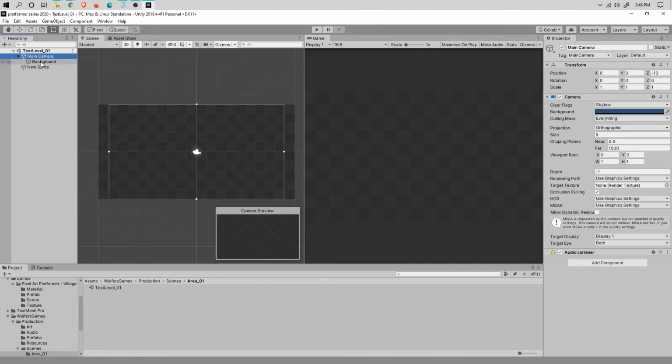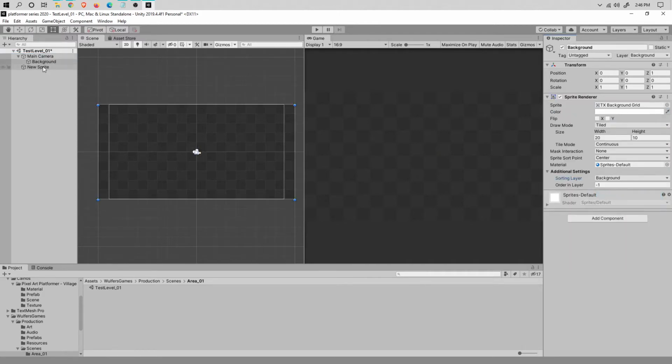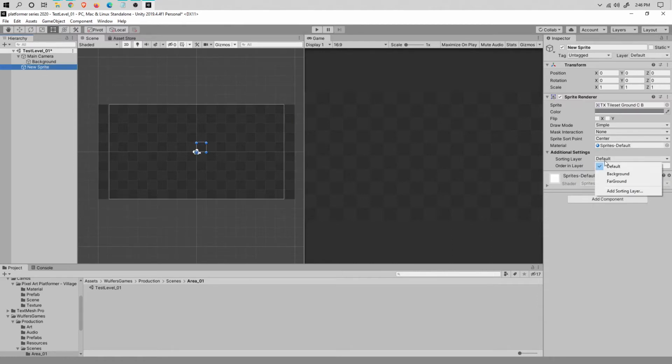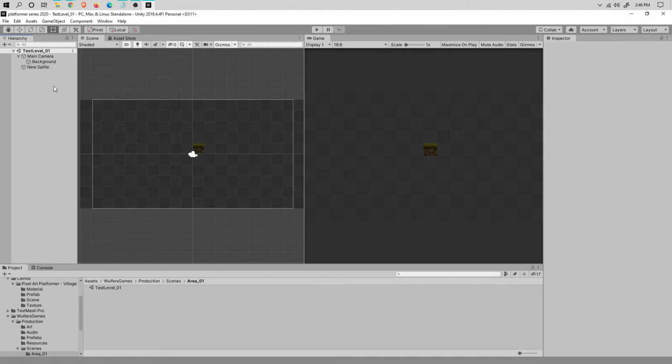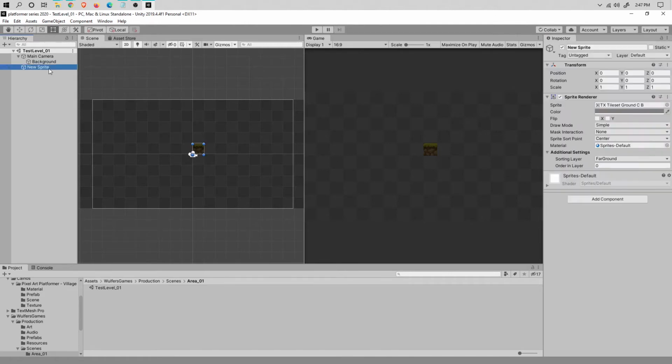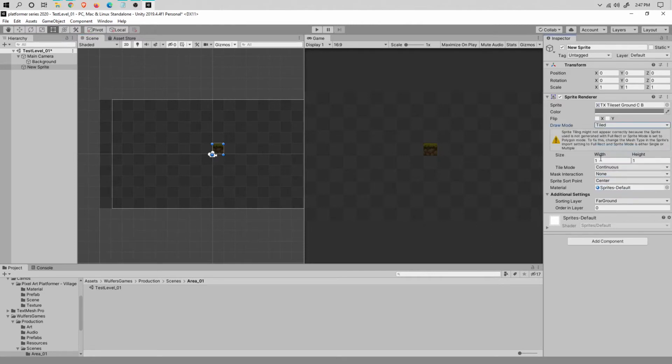And let me see. So, okay, let's go back to the background. I think. Oh, because we never did this stuff. So we're just gonna move this guy to its proper sorting layer. And we're just gonna darken it so that you can see the effect once we work on it more. Let's make it a tiled. Let's do 5 and